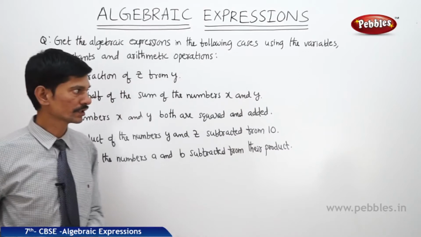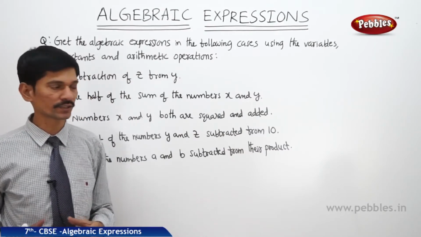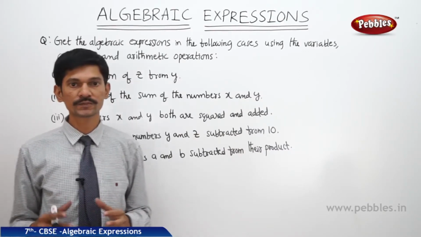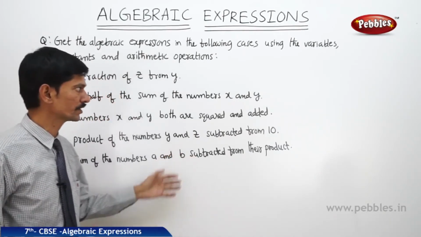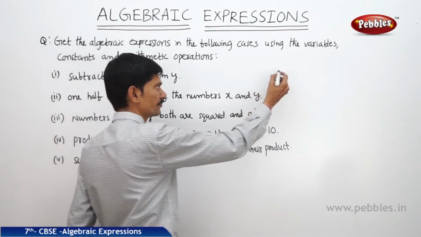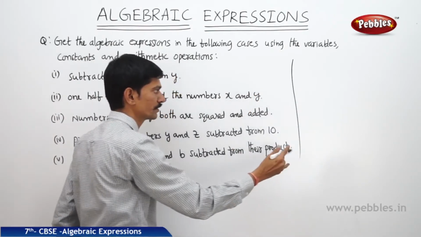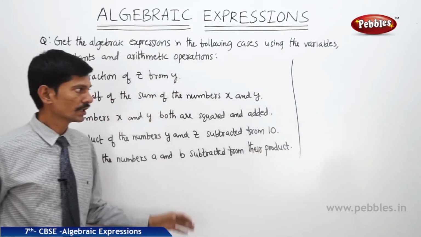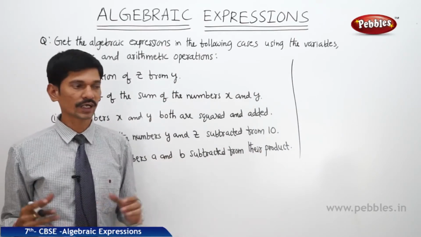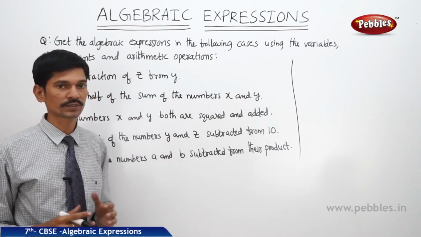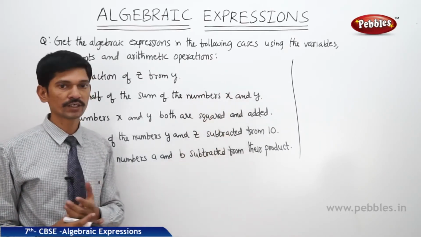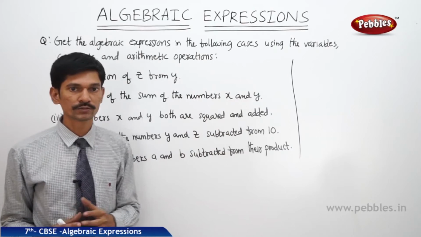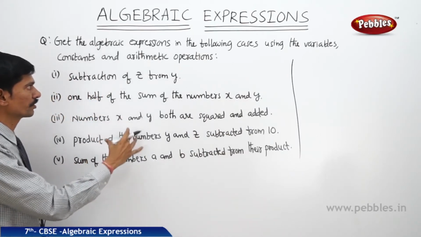So far we have discussed what algebraic expressions are and how we can obtain them, and what the terms of an algebraic expression and the factors of each term are. We have also learnt the classification of algebraic expressions such as monomial, binomial, trinomial and even polynomial. Now let us do a few problems based on all these topics.